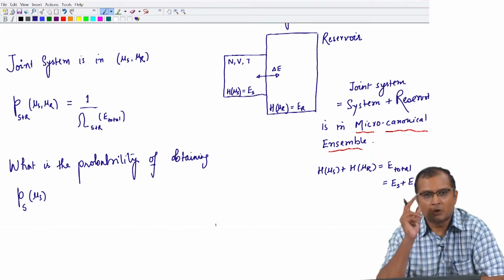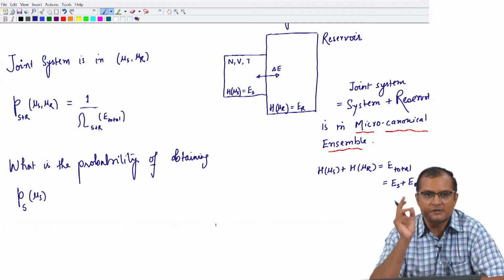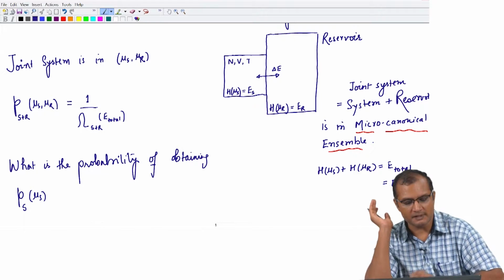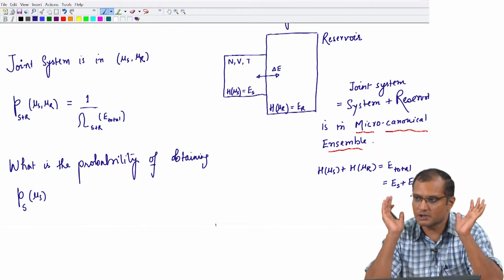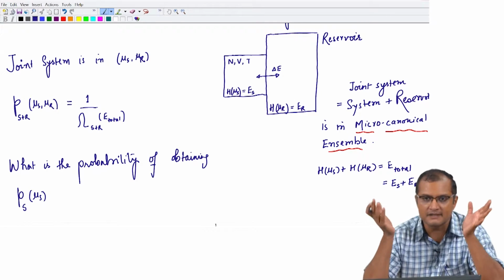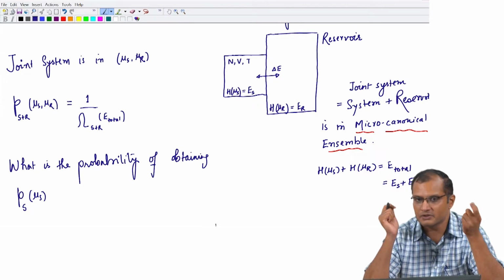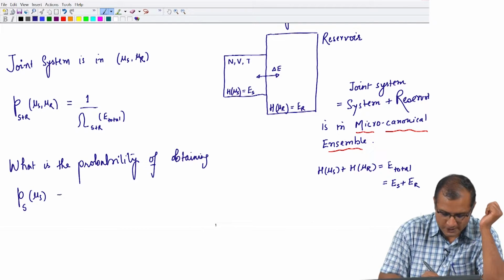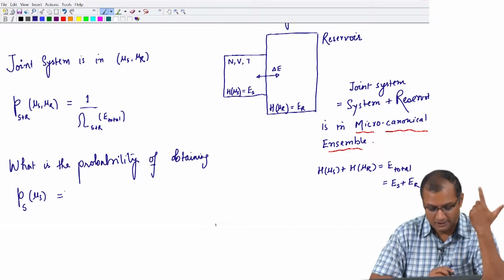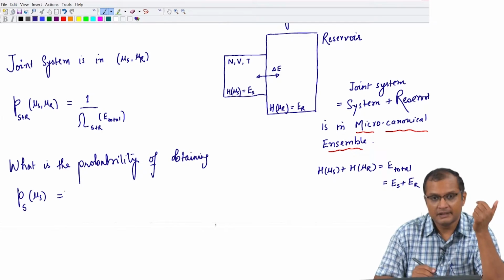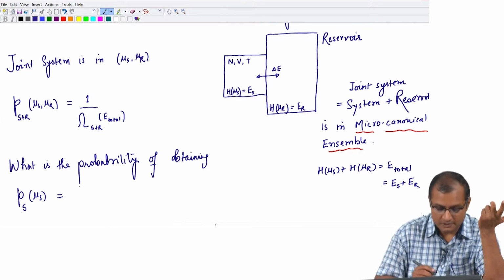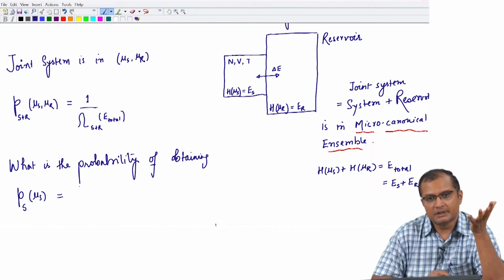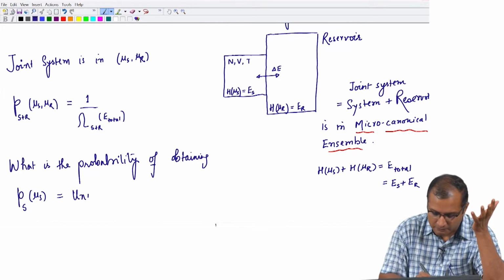You know that the probability of obtaining the joint system in mu s mu r is 1 upon omega s plus r, because omega s plus r is nothing but the total number of states accessible to the joint system, and each state is equiprobable, each combination of mu s mu r is equiprobable. So, this probability can be computed by Bayes theorem that we have discussed in the first chapter. So, what is basically being asked is nothing but an unconditional probability